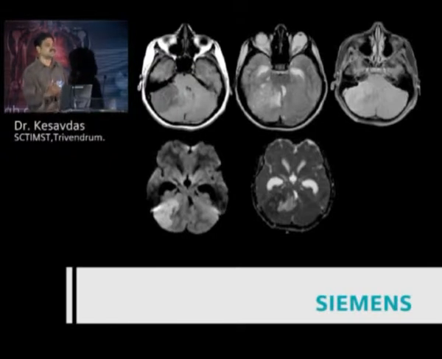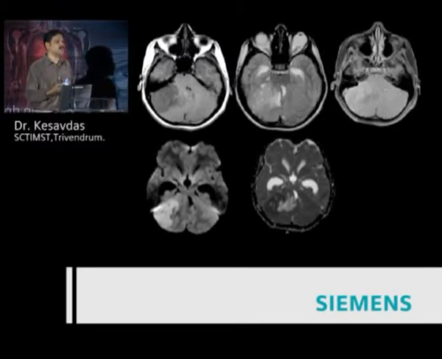So why is there restricted diffusion? Because of high cellularity. If it were highly cellular, why is it not enhancing with contrast? Because most of the tissues which are highly cellular, neuroblastoma, lymphoma, high-grade glioma, wherever there is high cellularity, there is a lot of enhancement. Why is it not enhancing? Because enhancement does not occur just due to high cellularity. If the tissue has a lot of fibrous tissue within it, enhancement is not seen much. So you should not take the diffusion imaging findings alone. You should take into account how it behaves in the enhancement.